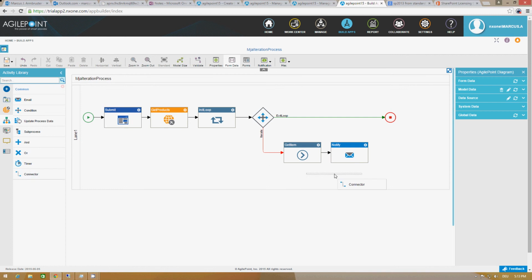Okay, just connect the stuff and arrange it a bit. So